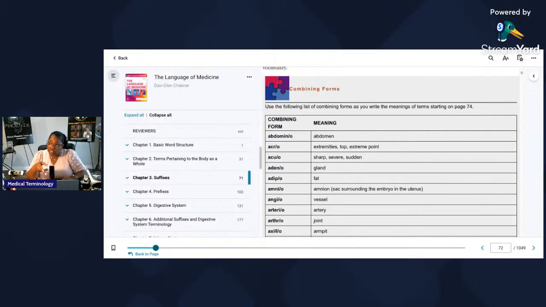When you start deciphering cases, when you start deciphering the notes, the notes are going to be in Epic or whatever system. You're going to be looking at the notes, but you have to understand how the doctor is putting these words together. They are going to sound like words that you've never heard before. Some of them are going to be words that you can't even decipher. And this is why they put this together for you so that you can understand some of the things that the provider is saying.